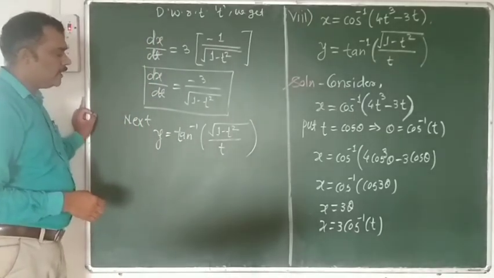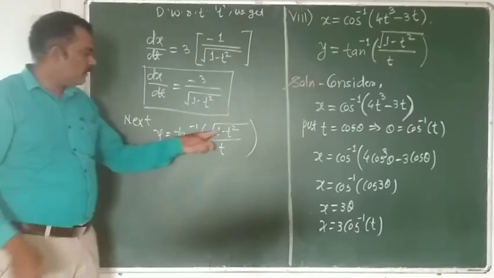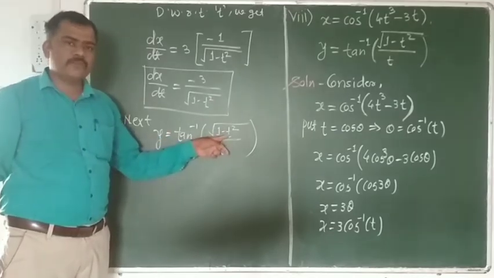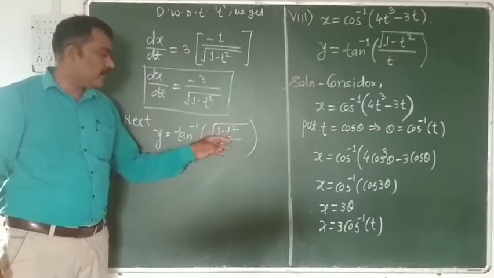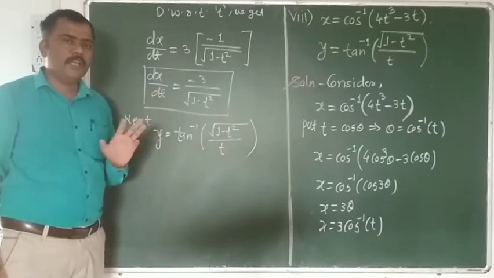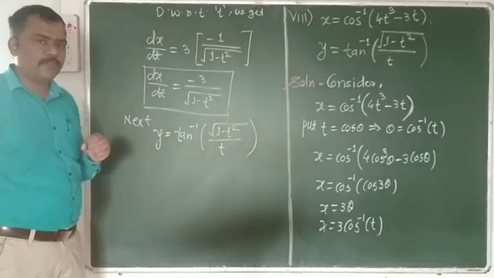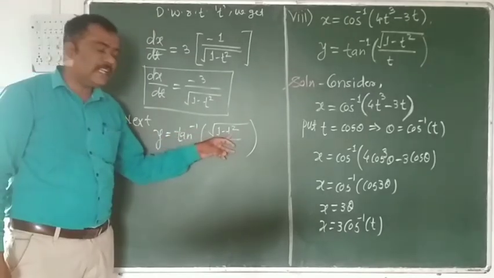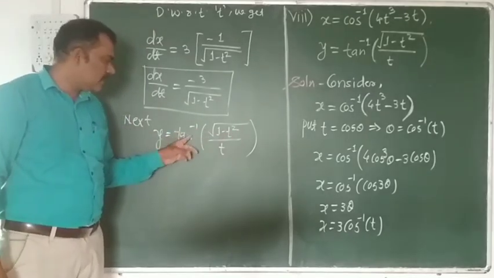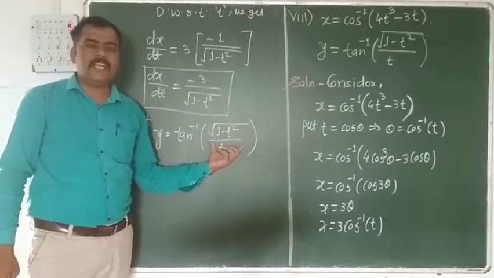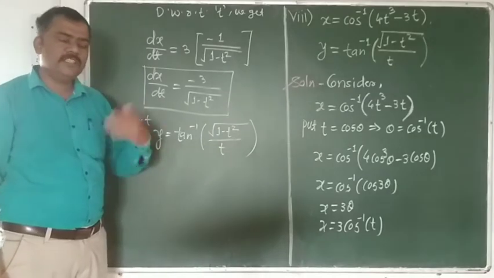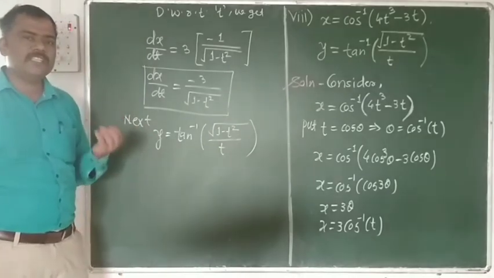We have to know that if we replace sin or cos, we get the identity 1 minus sin square theta, and also 1 minus cos square theta; the formula is suitable. But first of all we have to think: if we use sin theta here, tan inverse is there, and inside the bracket we require tan theta. Tan theta means sin upon cos. So in the numerator we require the value as sin theta.